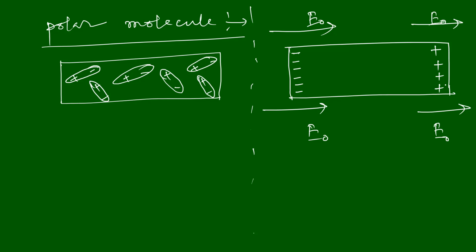Whenever the external electric field is applied on this dielectric slab, all the negative charges will be attracted more because the electric field is due to a positive charge. So that's why all the negative charges are arranged at the extreme left and all of the positive charges will be repelled, so they will shift towards the extreme right. And now this polar molecule will have a permanent